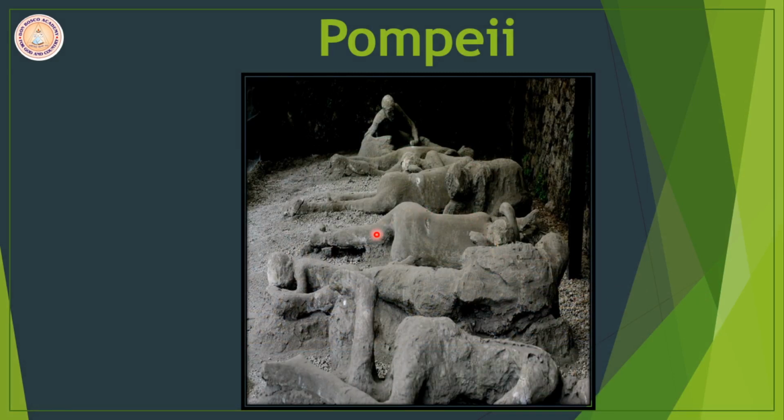The entire population was buried alive. So you can see over here how the entire population was covered with lava, hot cinder, that is ash, which completely wiped away the population of Pompeii